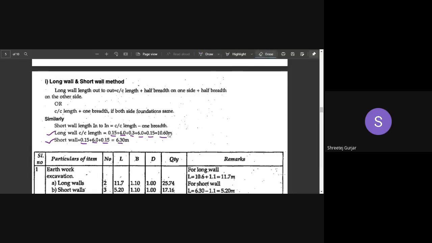Okay, so if you want, you can write this down. You can write down the first method. We are solving the problem using your first method, that is the long wall short wall method. Then write down the center line length of long wall and center line length of short wall. Center line length of long wall is equal to 10.6 meters, and center line length of short wall is 6.3 meters. Write this down, and until others write down, if anyone has any doubts or anything to ask,